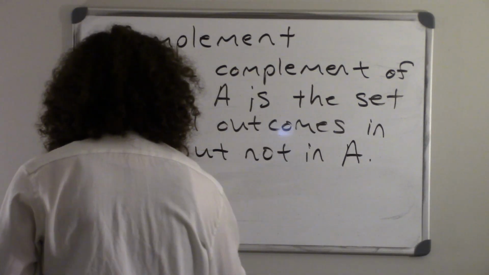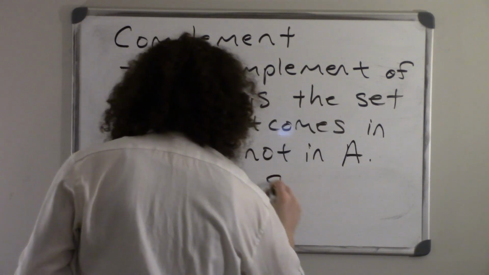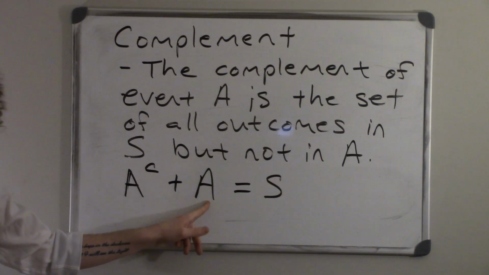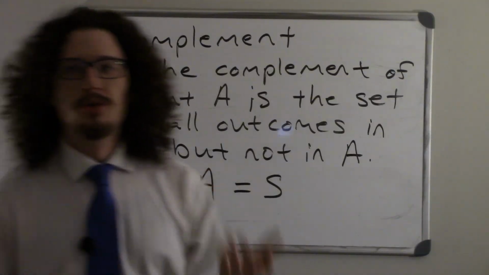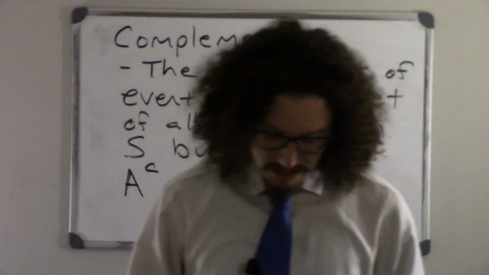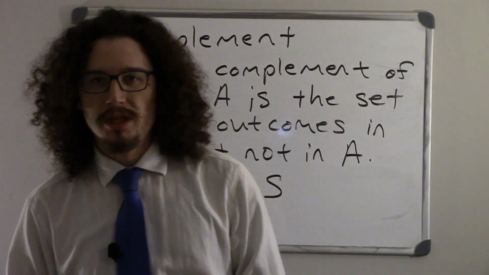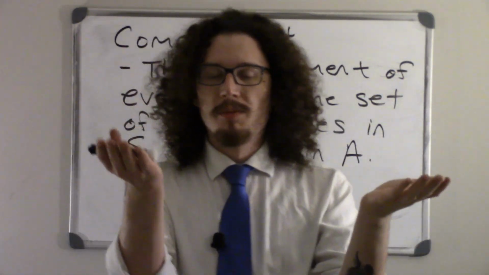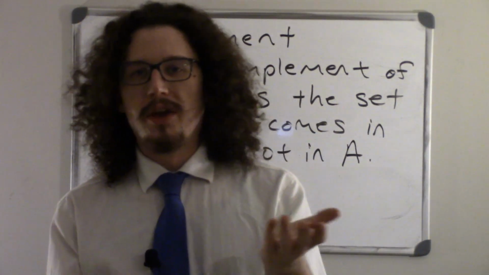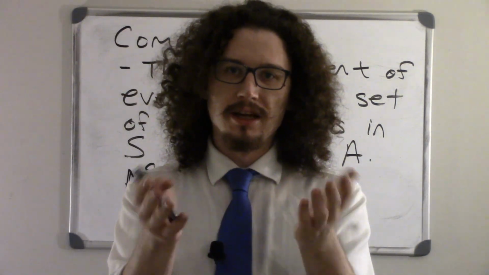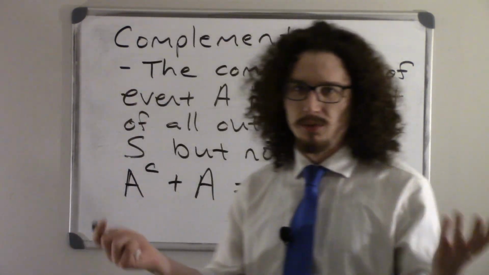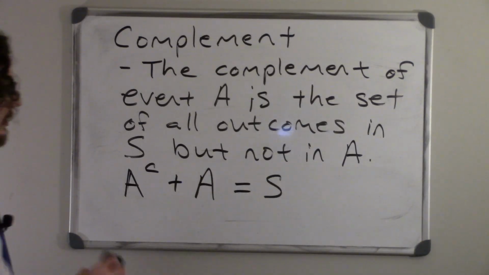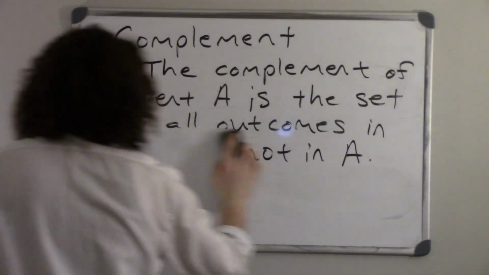But a couple other things to note on this. If you were to add the complement of A and event A together, those should add up to the sample space. Thinking about that example we just did, if you've got red cards as your A, then the complement of A would be all of the black cards. If you add all of the red cards and the black cards in a deck together, you would have a full deck, which represents the sample space. So those should add up to S.